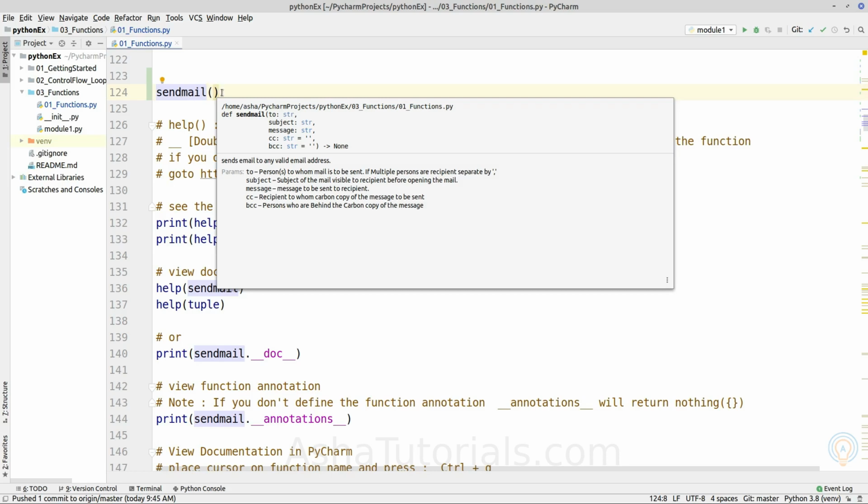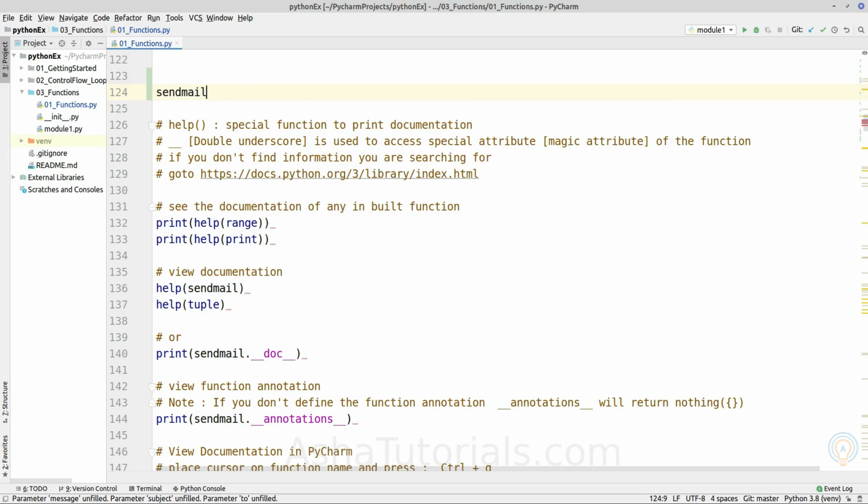Okay, and one of the benefits of using PyCharm is whenever you are writing a function, it will implicitly, as you can see here, populate the parameter name, and this is a functional annotation implicitly.